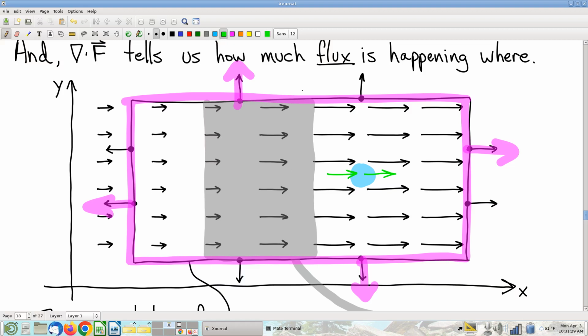There's just as much fluid flowing in as there is flowing out. There's no boundary flux happening there. And if you were to compute divergence in this region here, you would find divergence to be 0 in that region. And likewise 0 in this region. But if you were to look over here, in this general vicinity, notice that